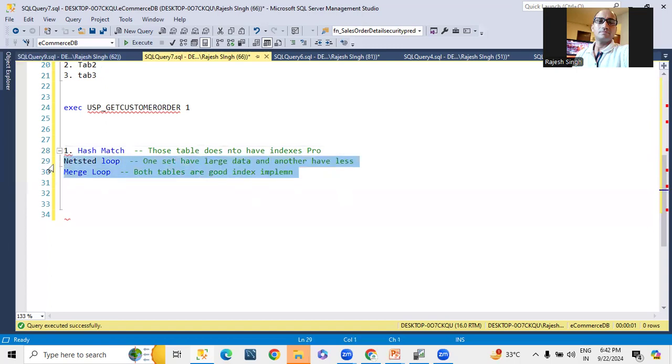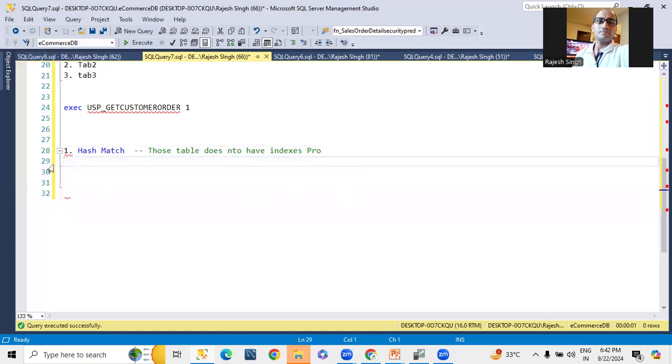If both are in the execution plan, no problem. But if you are getting into your execution plan, you have to be more conscious about creating the index plan. And if an index is already there, then you have to go for rebuilding indexes basically. And if you are in production hours, then you have to go for the reorganization.